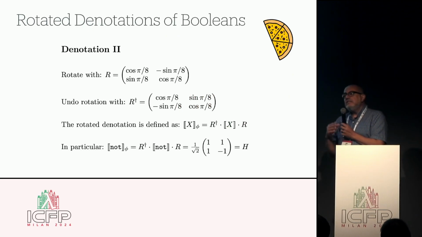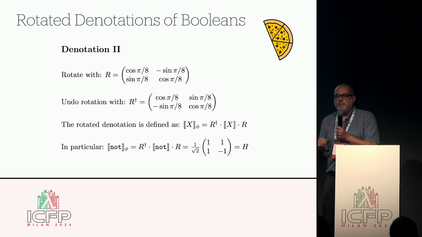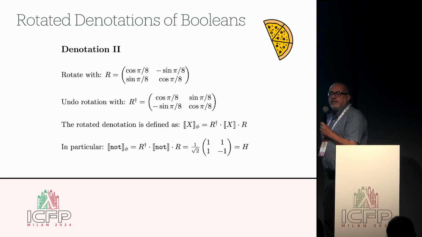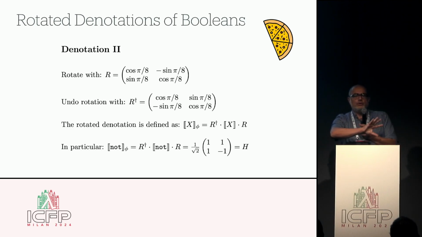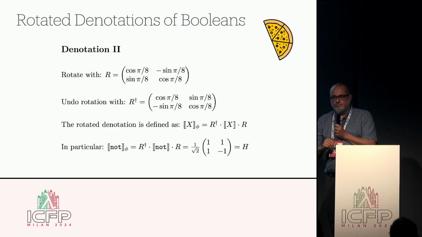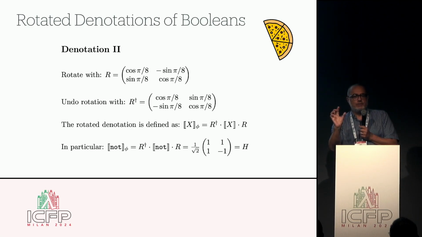Now we can have a different interpretation. There's no reason to pick specific vectors. I mean, this is a choice. As long as you maintain the semantics of the operations, you can do anything you want. So what we are going to do instead is rotate those vectors, conjugating the classical interpretation that we've seen in the previous interpretation. So we're going to rotate, do the usual vector operation, rotate again. And we're going to pick a specific rotation